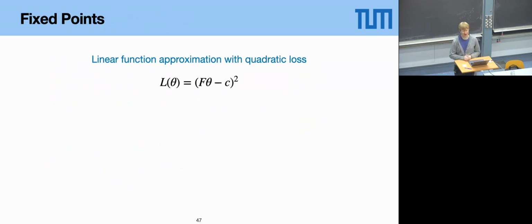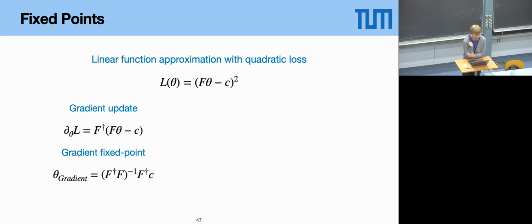And the last difference, besides convergence and convergence rate, are the fixed points of these two methods. What's happening in practice is that they find two different solutions depending on whether you use gradients or such a non-gradient method for optimization. Just to make this plausible, let's say we do linear function approximation with value estimation, then we have a linear problem. In this forward matrix F, somehow the function approximator and all these temporal differences are encoded. The precise form is not really important, but in the end it's a linear problem as long as you do linear function approximation.